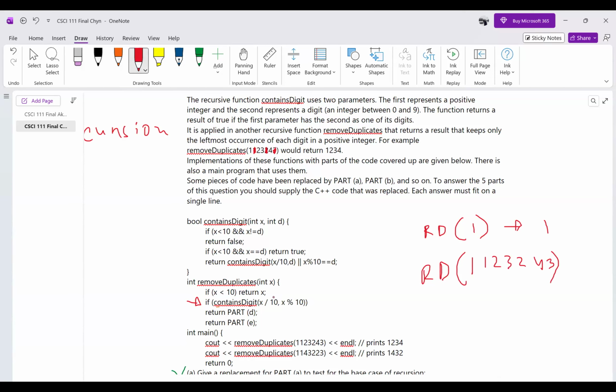If I call it like that, then this line of code is checking if contains digit with this part, x divided by 10, getting rid of the last digit. So 1, 1, 2, 3, 2, 4, and this part is 3 because that is the last digit. Okay, so if they are true,